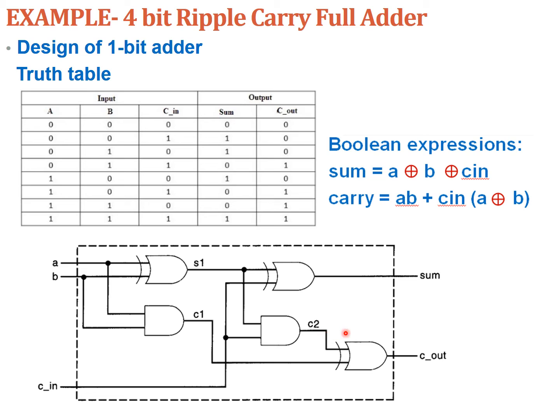According to the expression, this should go to an OR gate, but we have used an XOR gate because even the XOR gate gives us the same output. The advantage of using the XOR gate is it reduces the use of another new IC for the OR gate. We already have 2 XOR gates used in the IC, so the third XOR gate can also be used. This OR replaced by XOR gives us the same output when we check for all the input cases. So this is the gate level diagram of a 1-bit full adder. We have to write the gate level description for this 1-bit full adder and then instantiate it in the ripple carry adder.